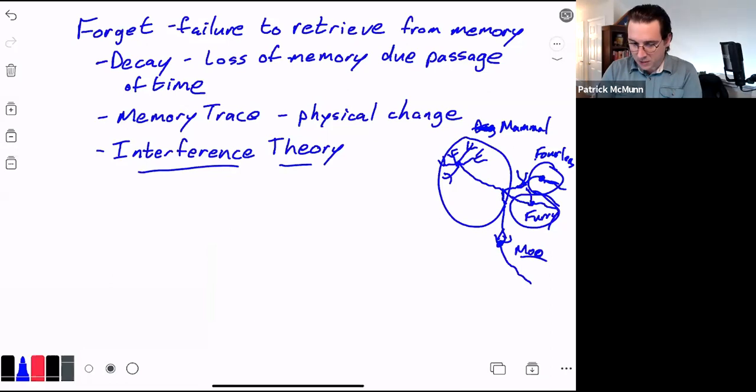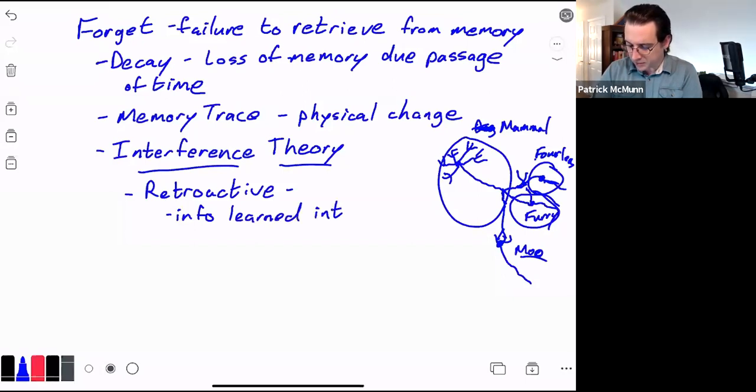So we have what's called retroactive interference, which is info learned later interferes with what you're trying to recall. Oops, later. Sorry. I'm sorry. Earlier. Is that right? Yeah, no. That's right. Later. So proactive